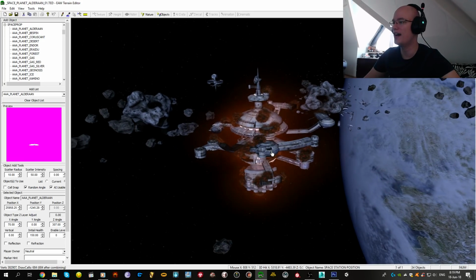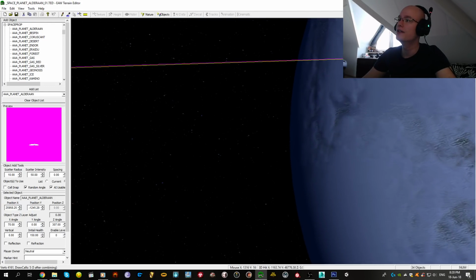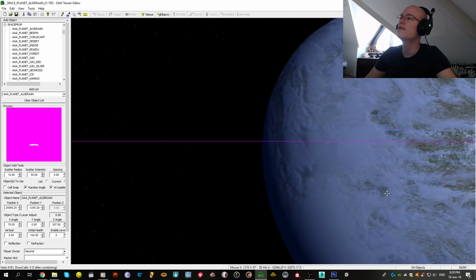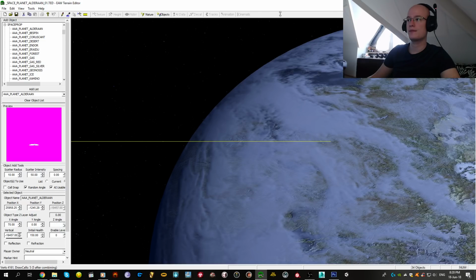I mean, you don't always have to see the planet. Like in the Ethan's 2 map we just made, the planet's not actually visible unless you rotate the camera. And that's okay. You don't always have to see the planet. We should place this down. About...